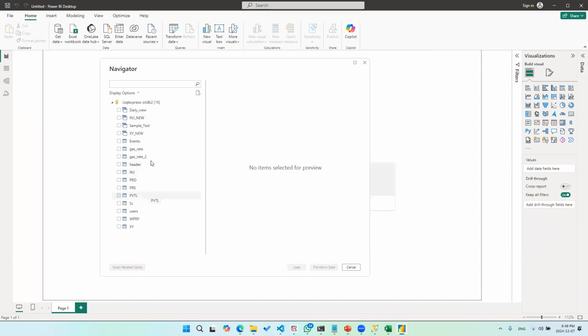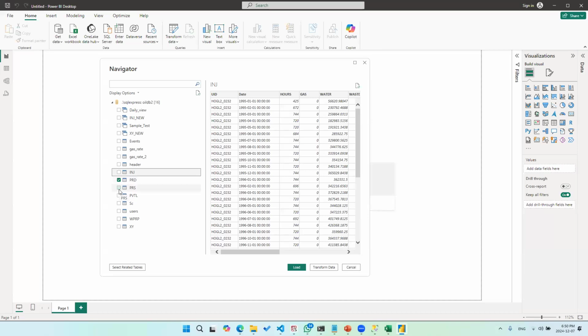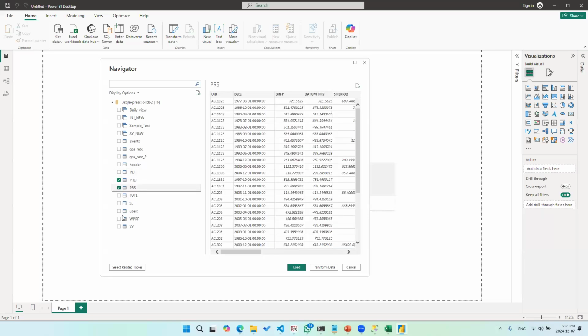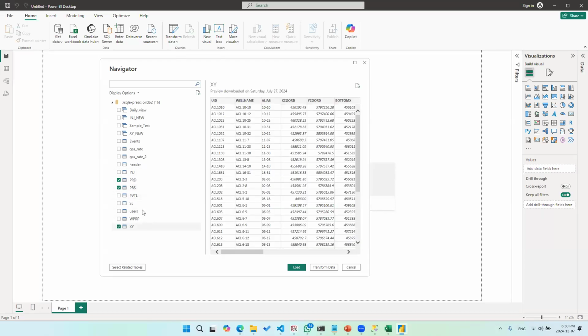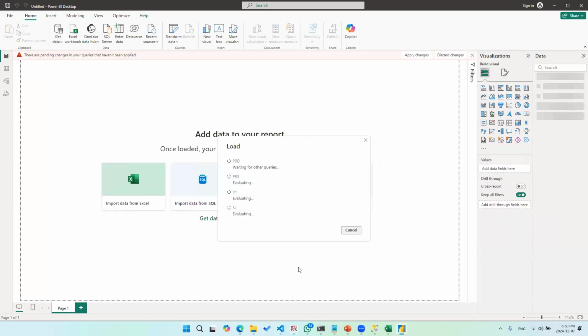And instead of just going ahead and opening each file separately, all of these things exist in the Excel sheet, or in the SQL server. You can select anything. For example, I can select the production table, the injection table. I can select the pressure table, the XY table, and so on and so forth. Plus, also I can select something else like the category table. Once I click load, 4 or 5 tables will be added to my project, just like this, in just less than a minute.